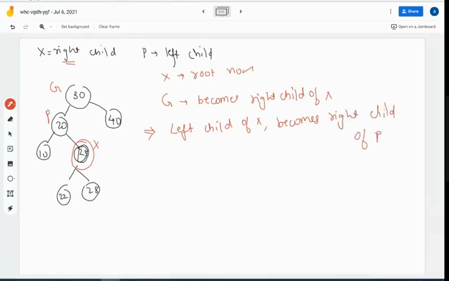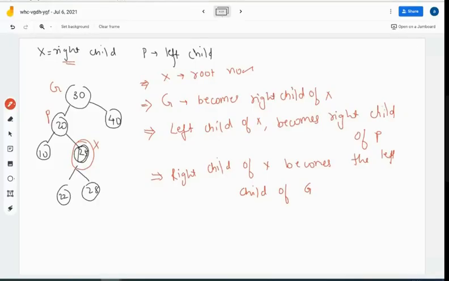Right child of parent. And these four steps you should remember. Right child of X becomes the left child of G. ठीक है, देखो अभी X should become the root.